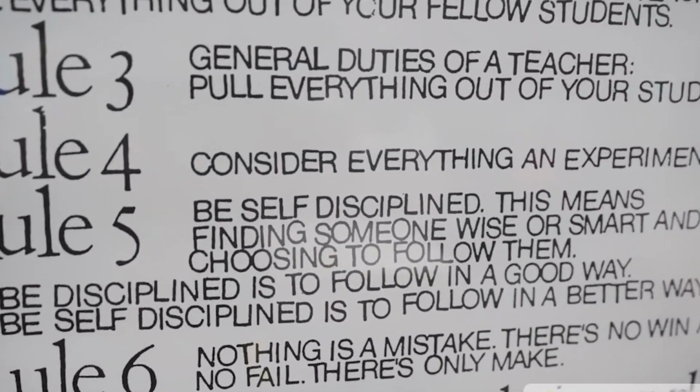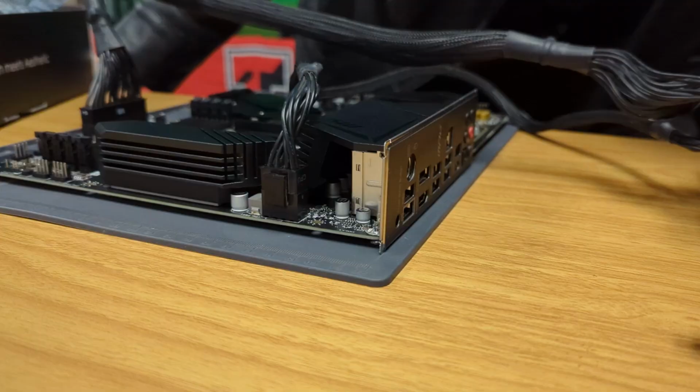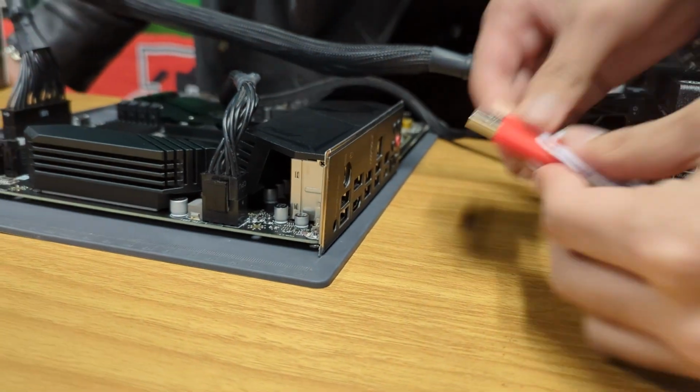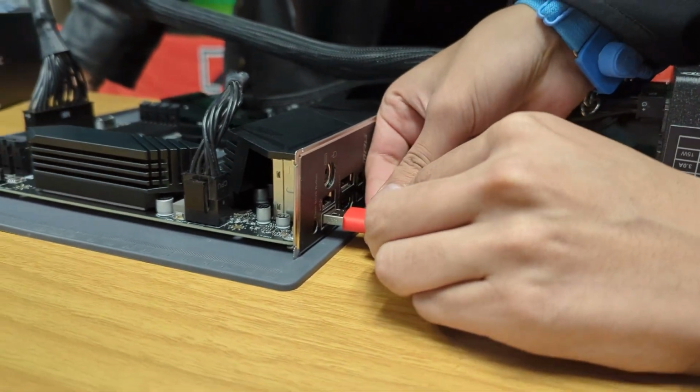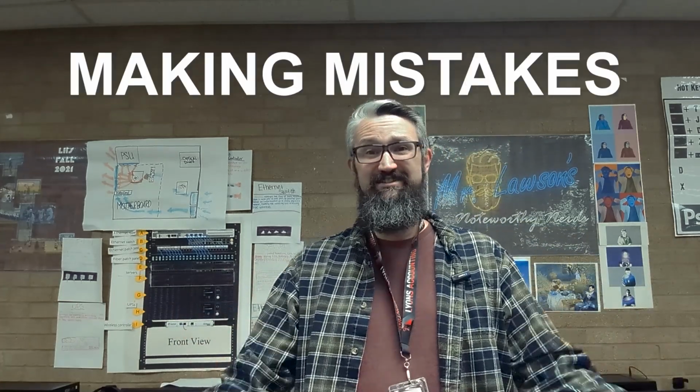Consider everything an experiment. You know, every project that you do in your classroom is a chance for all of your students to learn something new. If it's something that they've already done before, well, it's all an experiment. So you're going to try something new, even if you've done it before. And honestly, this rule is perfect for what I teach. So think about it. In digital media and computer maintenance, technology is always changing. There's no single right way to do anything. So, making mistakes, it's all part of the game.